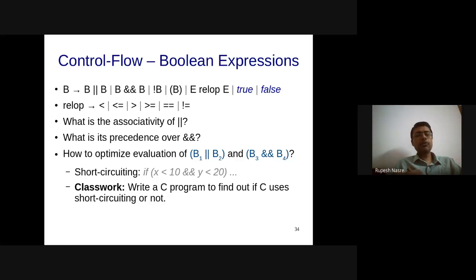If things would have been really read-only, things would have been still okay, but then typically, for example, y less than 20 could be a function call. And that function call can do arbitrary things. For example, it can have a printf. And therefore, it becomes a little difficult for the implementation to adhere to the semantics if these short circuiting semantics are kept optional. So these have to be enforced in the implementation.